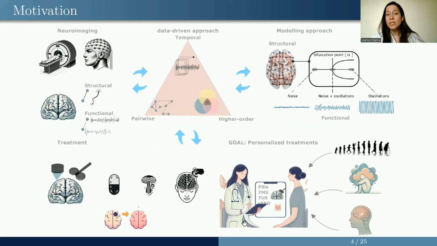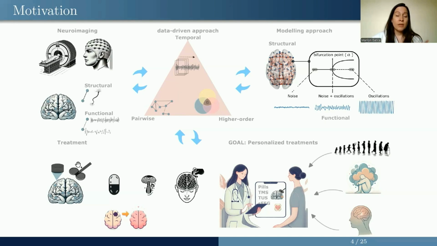So in order to move towards this personalized treatment, we need to start, for example, taking an image of the brain. So for example, at this step, you can think in non-invasive techniques, EEG data, fMRI data, and so on. After this, you can use your favorite tools. In my case, it is higher order interactions. We will discuss a bit about it later. And after you are doing, for example, your characterization, we can move to the modeling approach. In this case, it's relevant to use also models because you are able to propose and to test different mechanisms and then moving with this toward these personalized treatments.